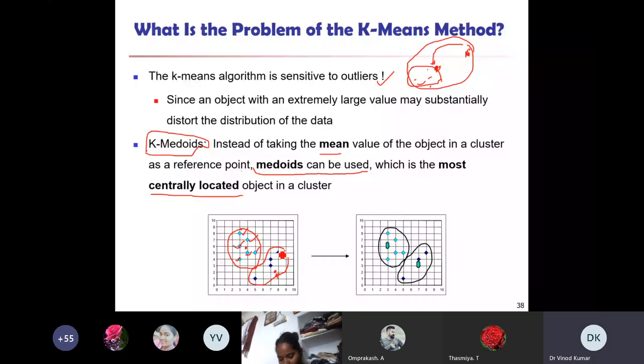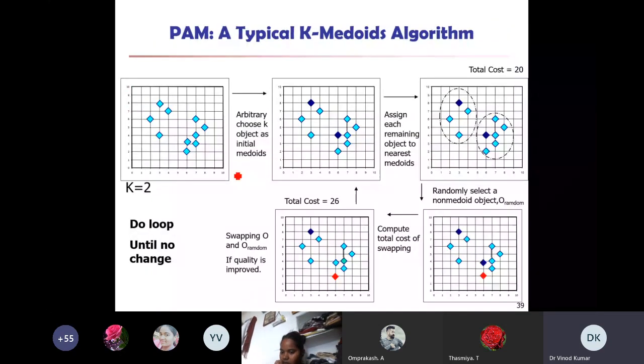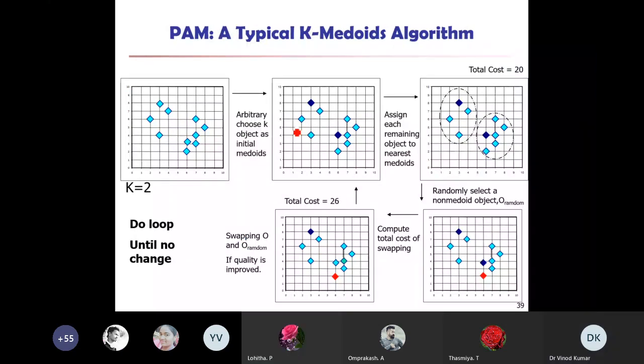Okay, for this example you can watch here. This one is initially treated as the reference point, the centroid point, and here this point. In the next you can see here, arbitrarily we have chosen two, then we have made the cluster assignment based on this one. Next, what I did, again I will calculate this one. Okay, now I will change the centroid. Now my centroid was this one.